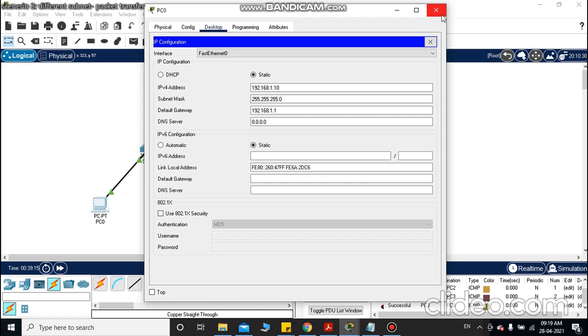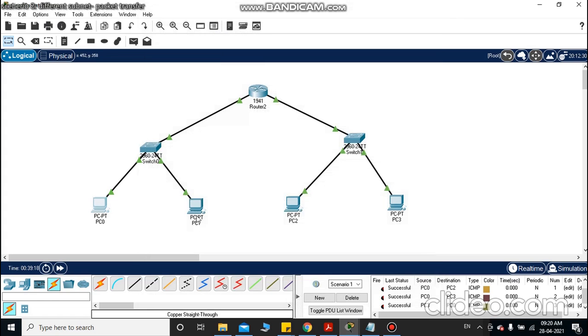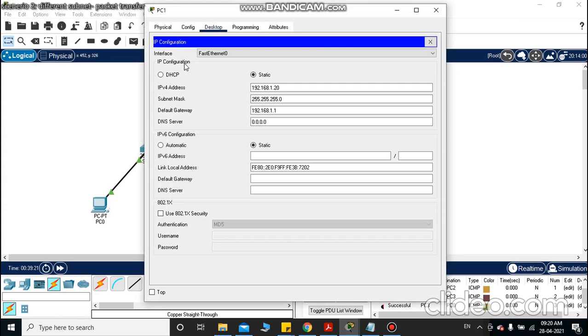This is the IP configuration I have given for PC0. For PC1 it is 192.168.1.20, and the default gateway is the same as for PC0.